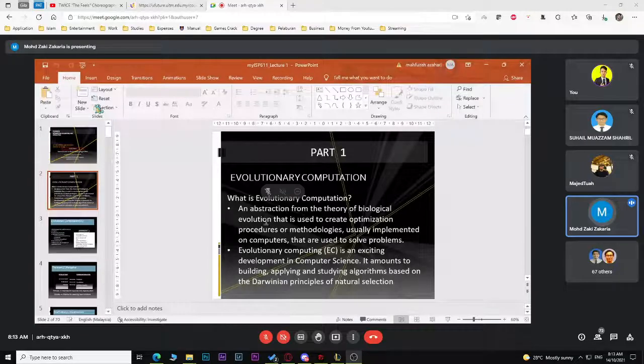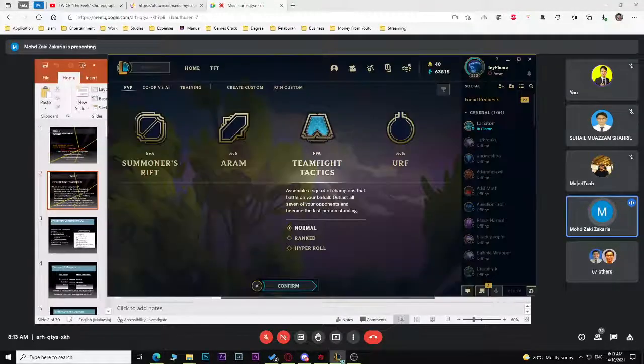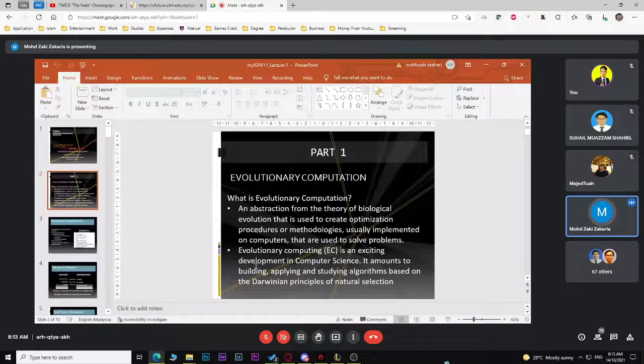So for this subject, first we need to know the definition of evolutionary computation. What does evolutionary computation mean? Evolutionary computation is an abstraction from biological evolution. Biological evolution is used to create optimization procedures. So based on the theory of biological evolution,